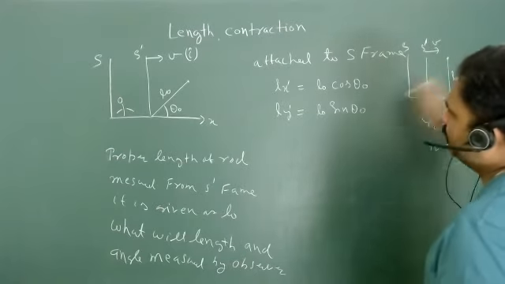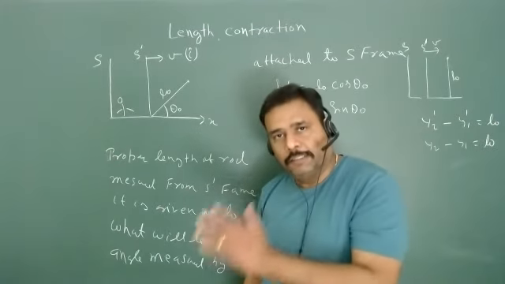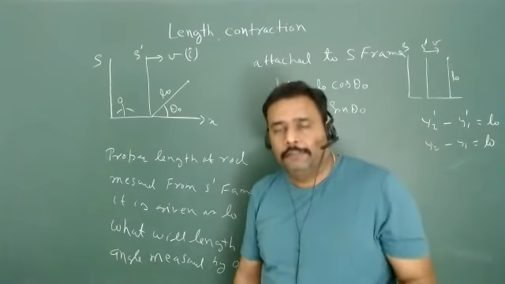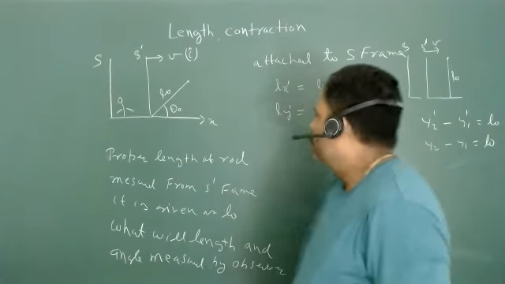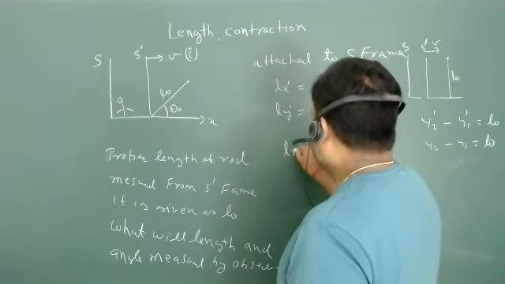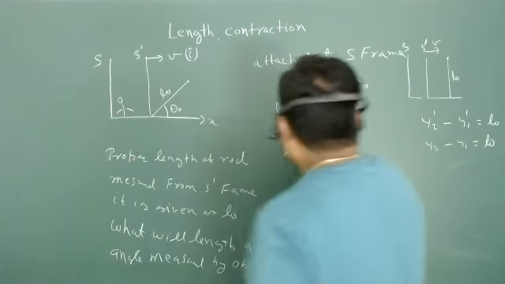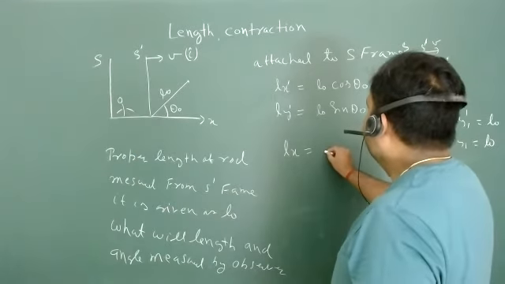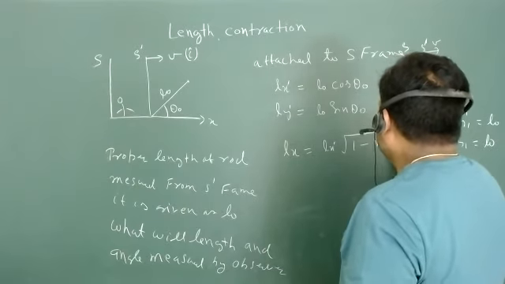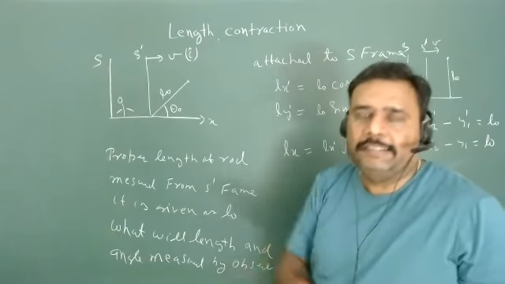So the vertical direction will remain the same for both the observer measuring the proper length and the observer measuring the contracted length; that is not actually contracted. Now, can I write Lx, the length of the rod measured with respect to the S frame, that is the non-dash frame, as Lx dash times root under 1 minus v square upon c square? Can I say this Lx dash is nothing but the proper length in the x direction?